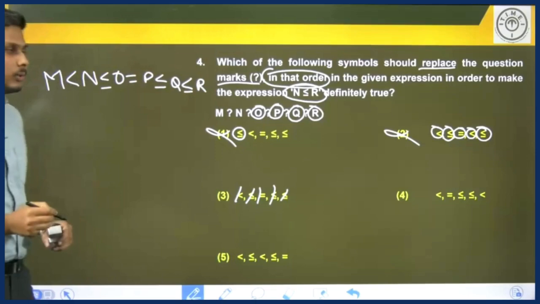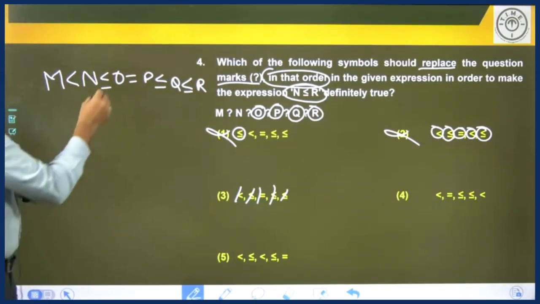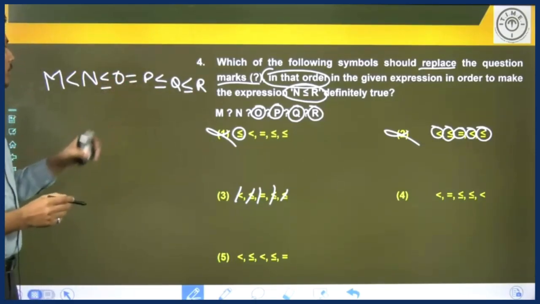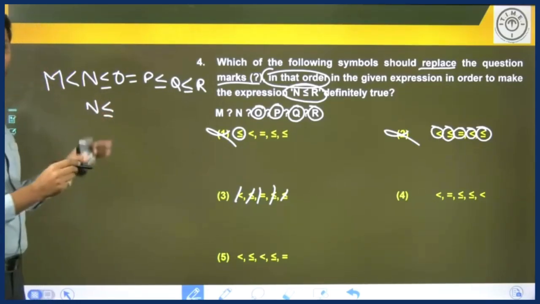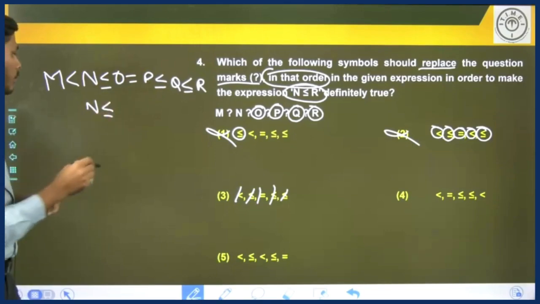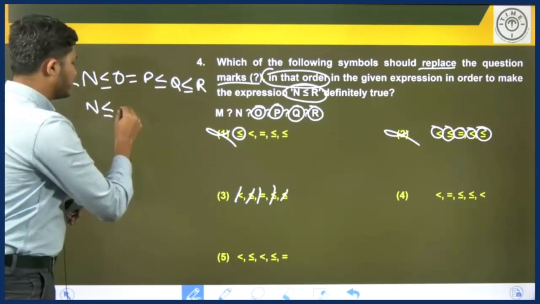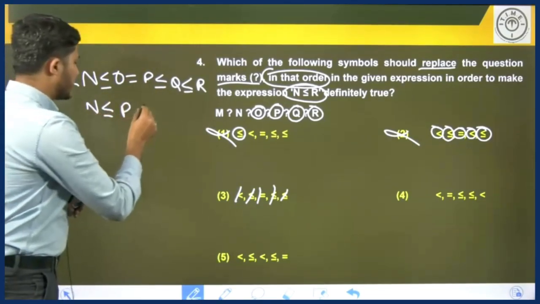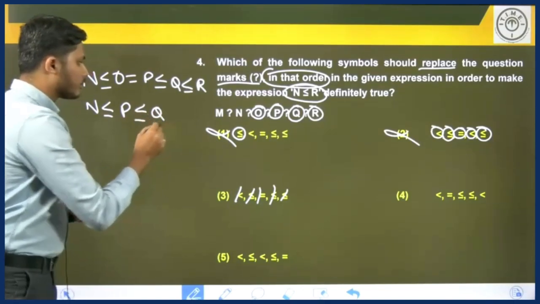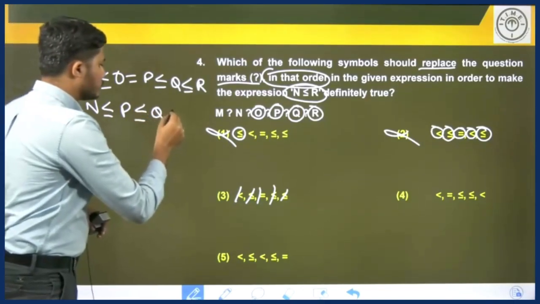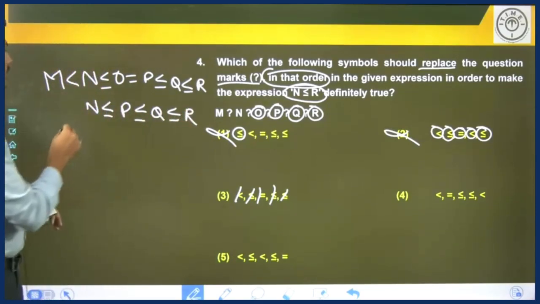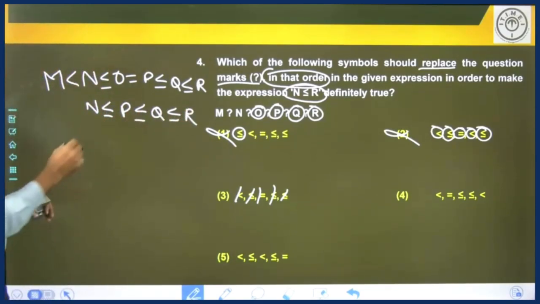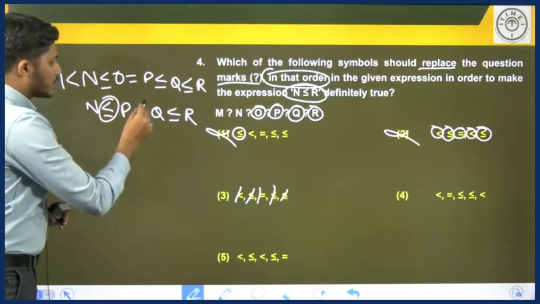Q is less than or equal to R. Again here Q and P are Q equals P, this is N. Let's replace O with P. N less than or equal to P, P less than or equal to Q, and Q less than or equal to R. Here the relation between P and N and Q will be, and since the symbols are same,